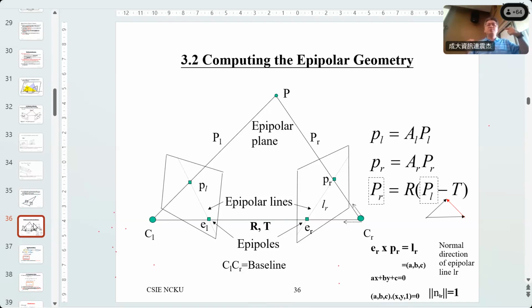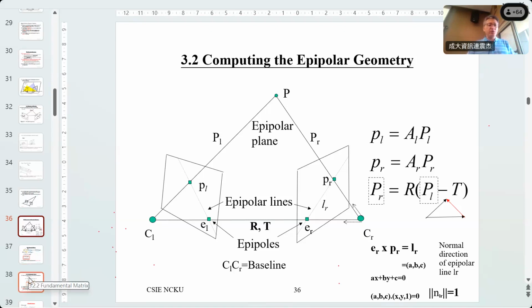That's take time. So we want to reduce the 2D search become 1D search. So that's meaning because each point in the left hand side, they have one epipolar line. If you can find the corresponding point in the right hand side epipolar line, and the corresponding point will locate on the right hand side epipolar line. 就你的2个对称点一定会同时出现在对应的 epipolar line 上面。你的对称点一定会出现在对称的 epipolar line. So our purpose is for each point we want to find the corresponding epipolar line，这是我们的目的。